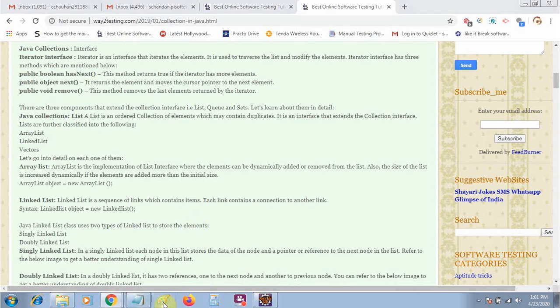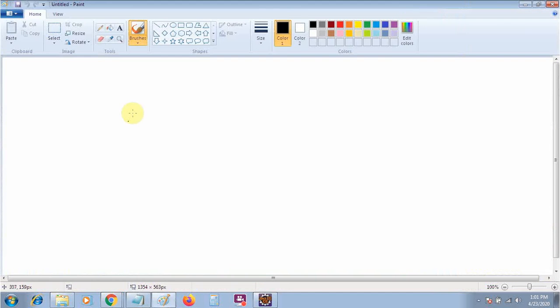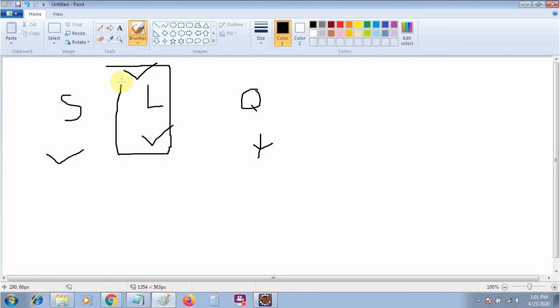As I told you, when I am talking about the collection, I am talking about three things. First there will be list, second set and third the queue. This is the main important thing. We will use list the most. Then sometimes we will also use the set and sometimes the queue. Very rarely we will use the queue, mostly we will use the list. So always remember a lot of interview questions will be from the list. Second, one more important thing, map. Map is not a part of collection, it is another part of the interface.